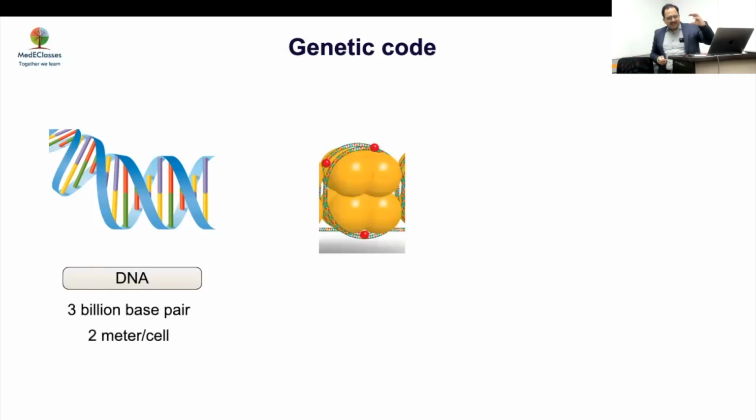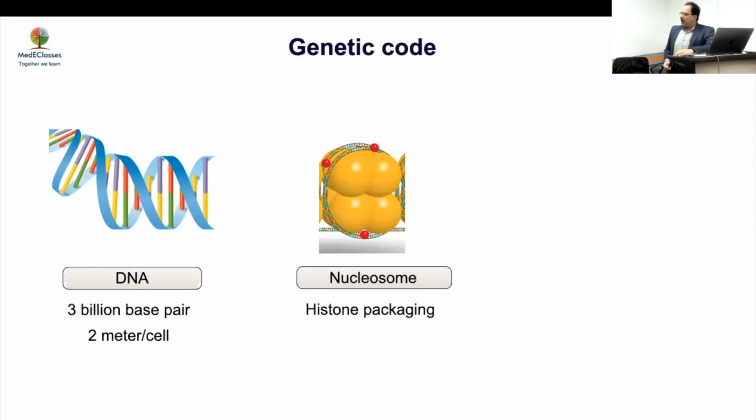It is compacted within what is known as a nucleosome. So the nucleosome consists of histone proteins, and around that DNA is wrapped. The more compactly it is wrapped, the less likely it is going to be read. So one mechanism by which the body says, okay, I don't want this DNA to be read, is to keep it in the safe deposit, in the locker. So this is what nucleosomes do, and this is a way of epigenetic modification. So this is histone packaging.